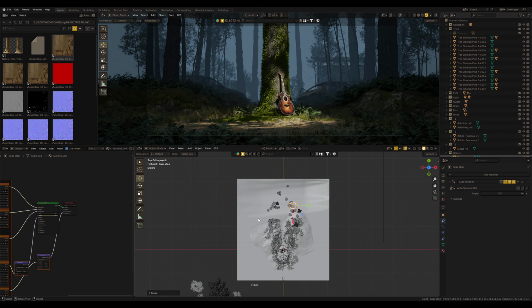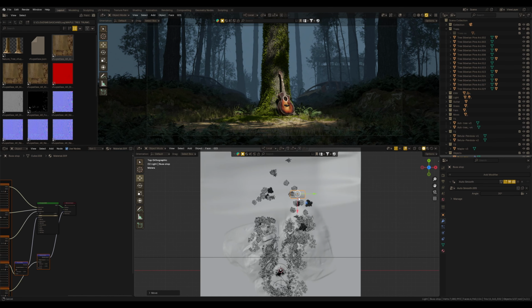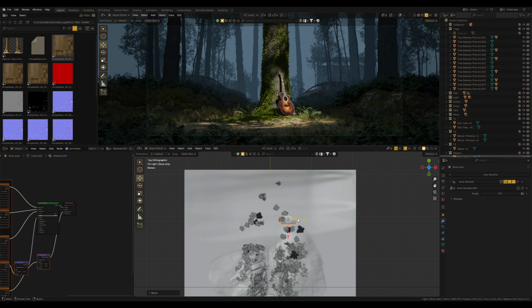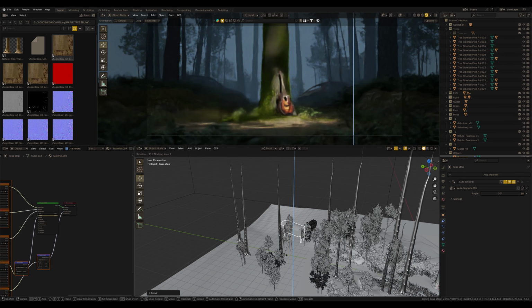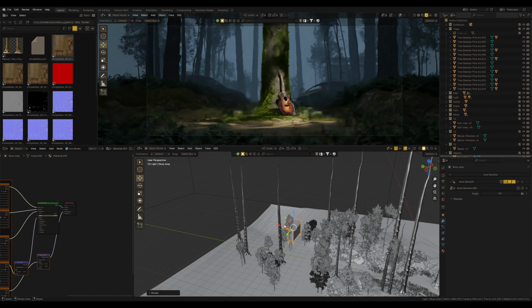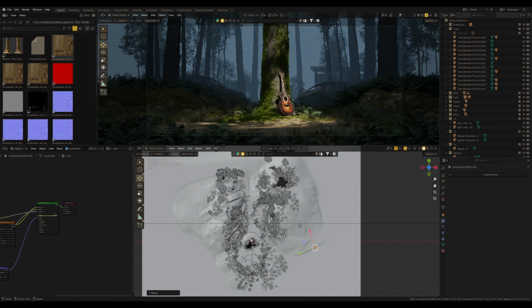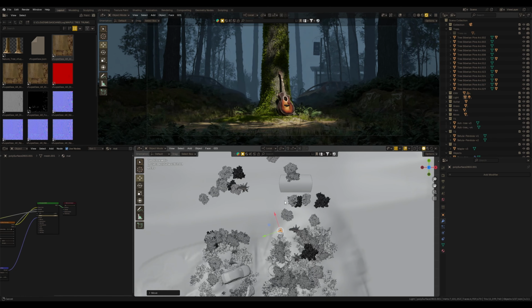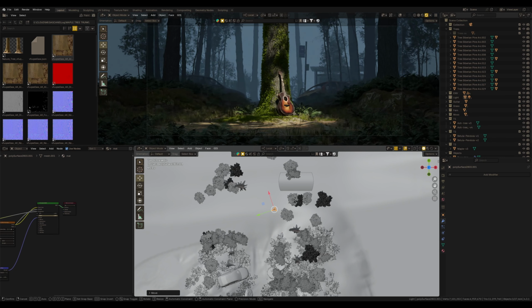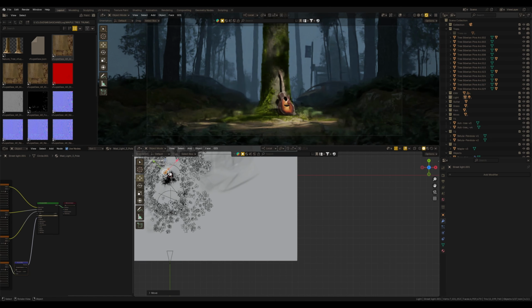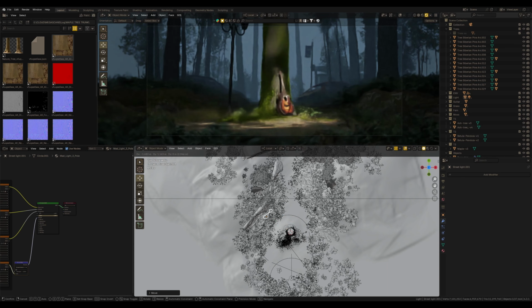But next, I place the bus stop behind the forest, as if there used to be a road and a stop there. I don't think this is just a forest, you know, it feels like it was once a park before everything changed. Those who played The Last of Us game might recognize this location, as I remember it's Pioneer Station or something like this. And to emphasize this, I add a bus stop sign for extra detail. Yeah, looks good. I also add a street light to hint that this was once a park area.